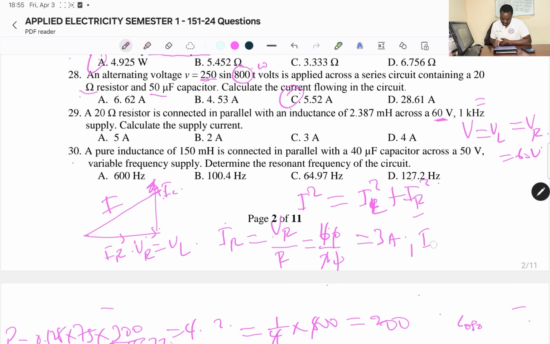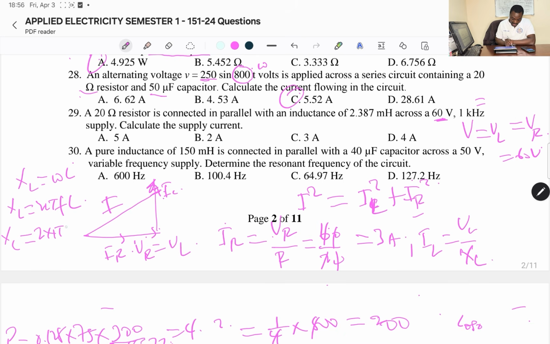Then we can get the same for IL. So it will just be VL over its reactance, that is XL. So with this, I have to calculate the reactance, right? We know this is going to be equals to angular velocity times inductance. And that is going to be equals to 2 pi F times the inductance. So this will be equals to 2 times pi times, here the frequency is 1 kilohertz, meaning 1000, right? Times 1000